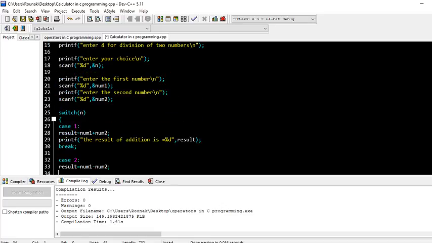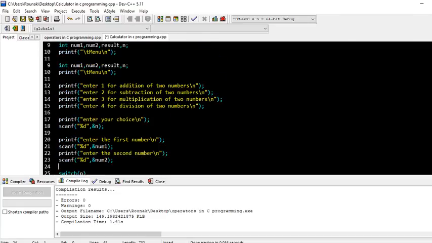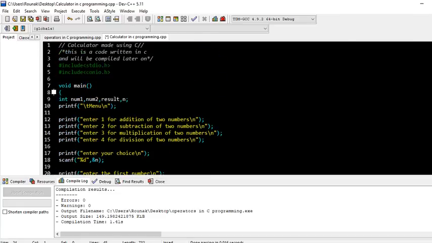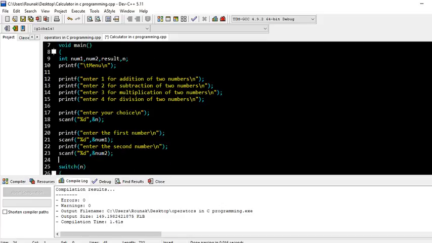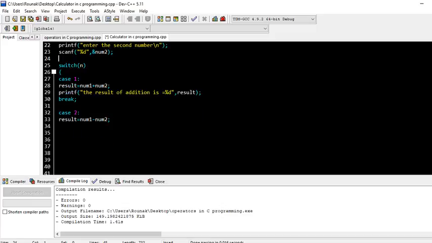Keep in mind that num1 should be greater than num2. This is a random thing; we can make it accurate if num1 is greater than num2. We can modify this calculator even more, but since this is only the second episode of the C programming tutorial, we will not dive much into it. Okay guys, so result is equal to num1 minus num2, then printf